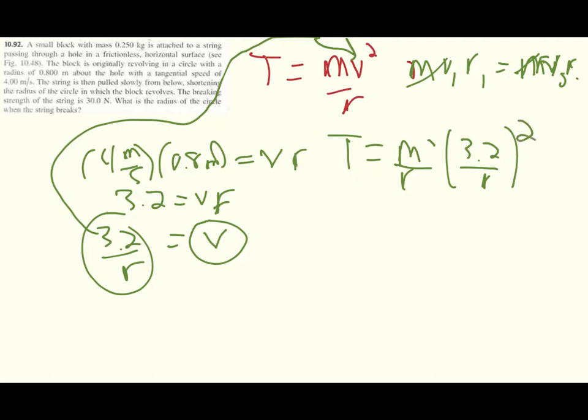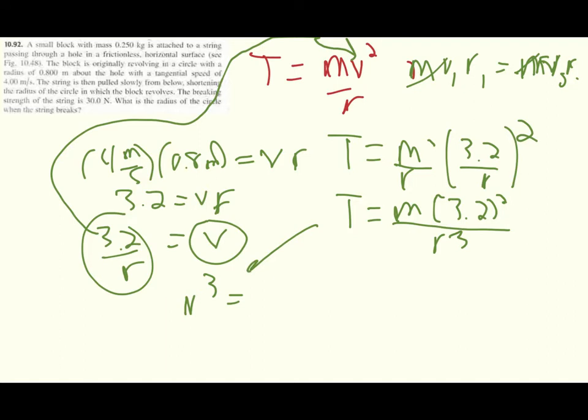So you can see what's going to happen. We're going to have T equals m times 3.2 squared over r cubed. Which means we can rearrange the whole thing to r cubed equals